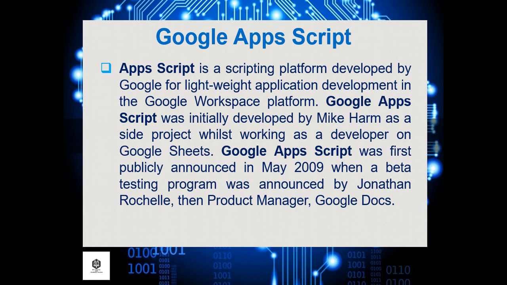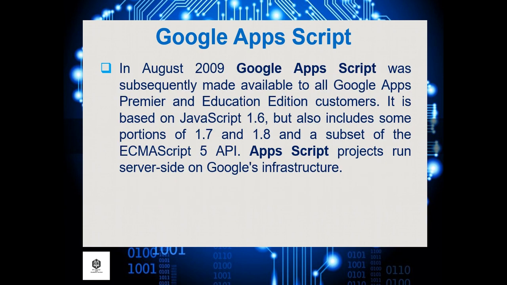GDScript is a scripting platform developed by Google for lightweight application development in the Google Workspace platform. Google GDScript was initially developed by Mike Harm as a side project while working as a developer on Google Sheets. Google GDScript was first publicly announced in May 2009 when a beta testing program was announced by Jonathan Rochelle, then product manager Google Docs. In August 2009, Google GDScript was subsequently made available to all Google Apps Premier and Education